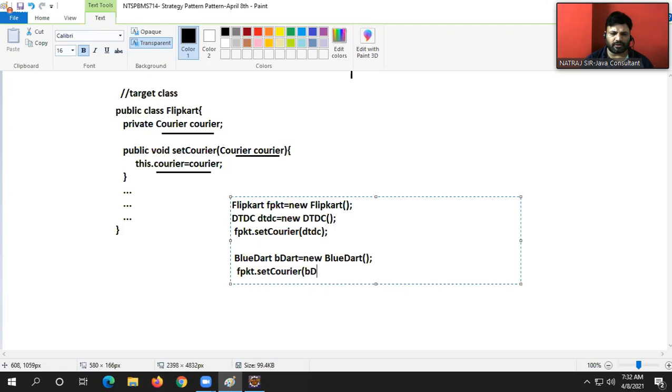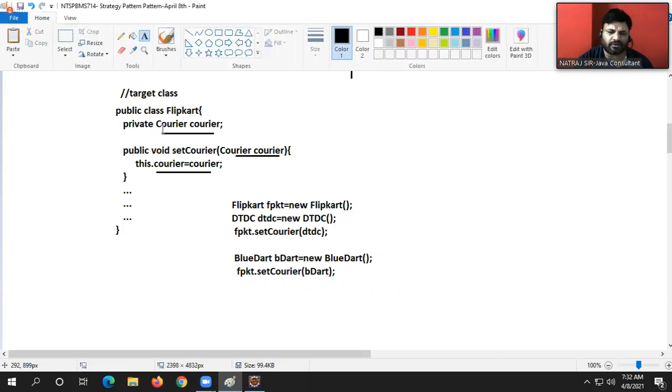FPKT dot set courier of B. So I'm changing from DTDC to Blue Dart. Am I touching my target class code, guys? No. So we are able to change from one dependent to another dependent without touching the source code of our